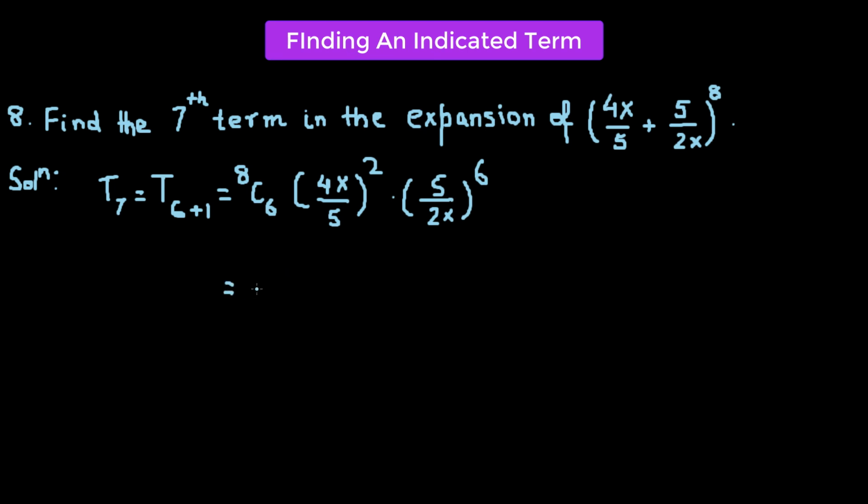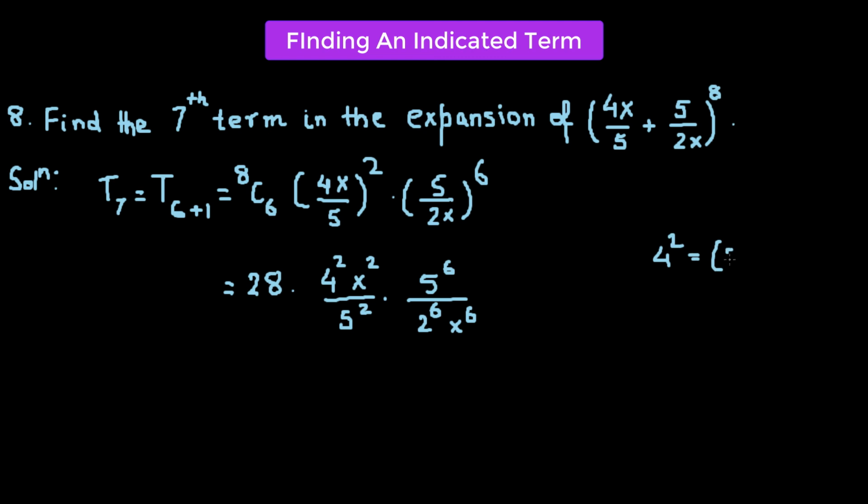Now 8C6, let's find out the value. 8C6 is 28. So 28 times 4 squared x squared over 5 squared times 5 raised to the power of 6 divided by 2 raised to the power of 6 times x raised to the power of 6. Now 4 squared can also be written as 2 squared whole squared, which is simply equal to 2 raised to the power of 4. So we have 28, or you can simply use a calculator